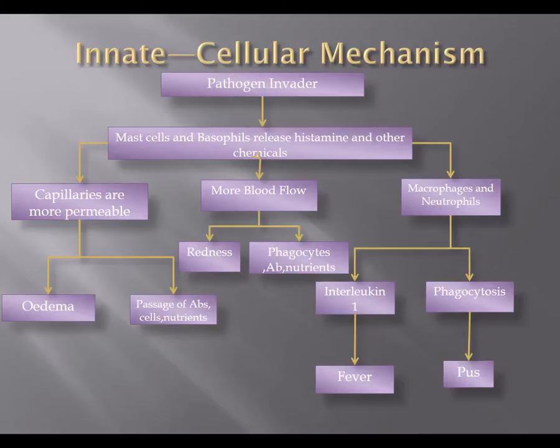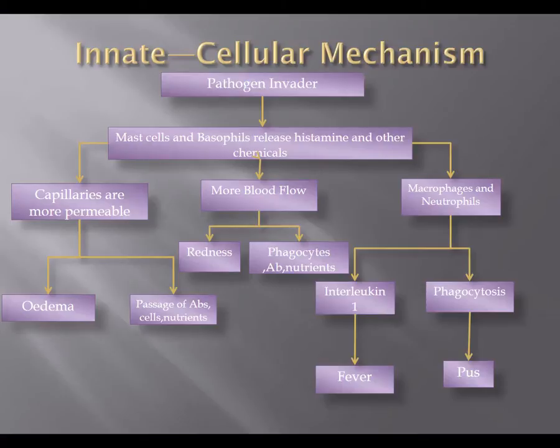Right, let's look at the flow chart of the inflammatory response. Imagine you are stabbed by an infected knife and pathogens are introduced. So the first thing that happens is that the mast cells and the basophils react to this invasion by releasing histamine and many other